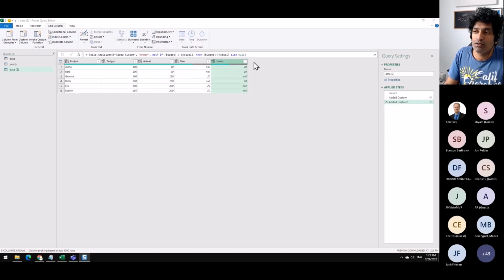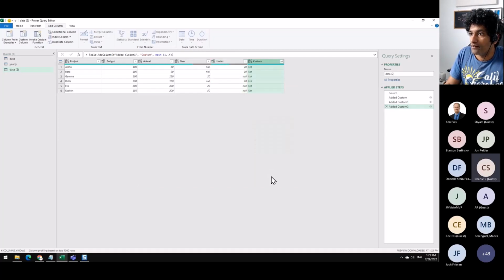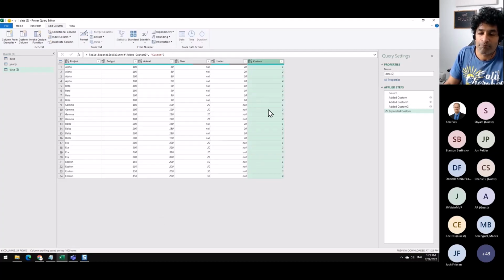So at this point, we can, for example, do the earlier method that I showed, which is I can make a custom column. We'll just leave that there. And then if I want all the numbers from 1 through 4, I can do 1..4, and that'll give you all the numbers 1, 2, 3, 4. And then expand it because I do need 4 rows for everything.